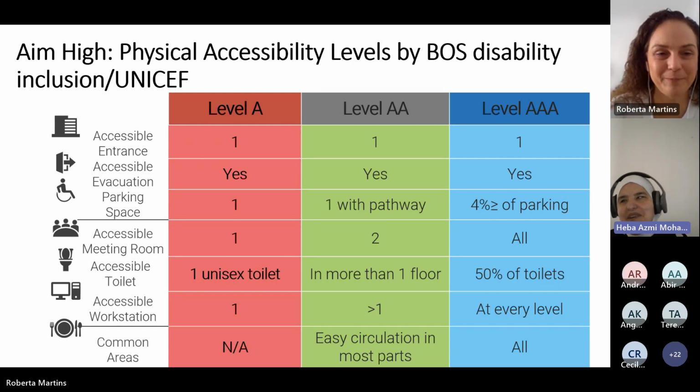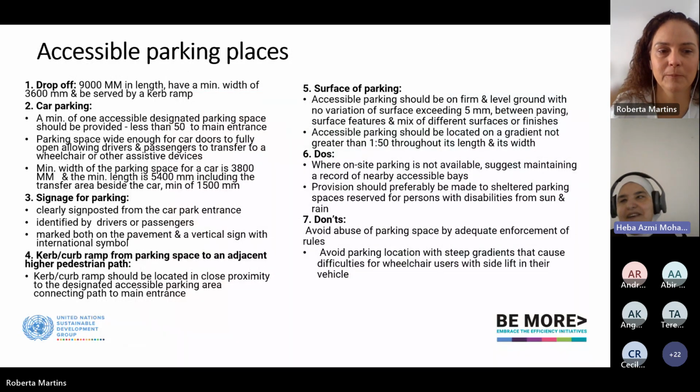Thank you so much, Roberta, for your comment. Okay, next slide, please. So there are 5 areas that should be considered when providing accessibility to accessible parking places. We have to make sure that the drop-off areas are accessible, and the distance between the drop-off area and the main entrance shouldn't exceed 50 meters. We have also to make sure that the space in the parking slot accommodates a person to open the car door and for either the driver or the passenger to transfer from the car